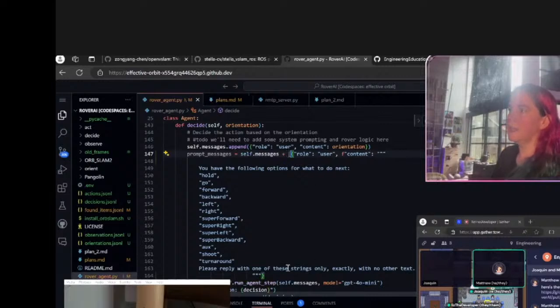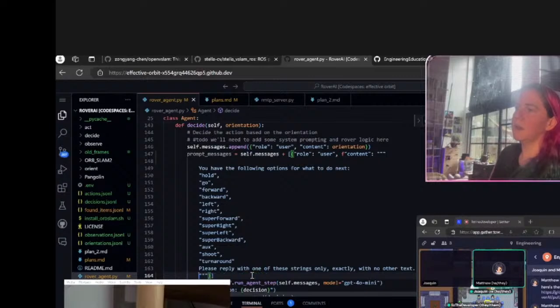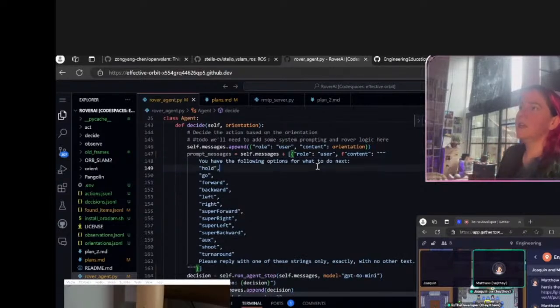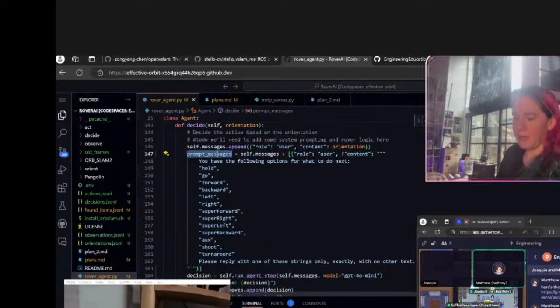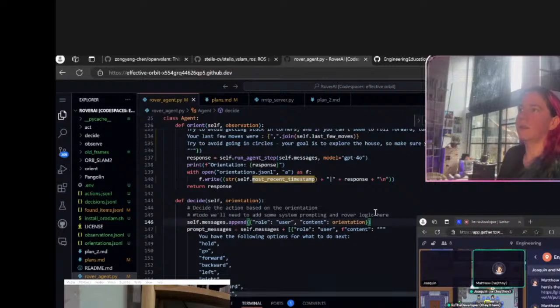I'll just put that in a list item. This will help me to not have such a long message length. We don't have to have these tokens in the prompt every single time. We do want to remember what happened, but then we'll pass in prompt messages, right? And that will allow us to not have to append all this stuff.